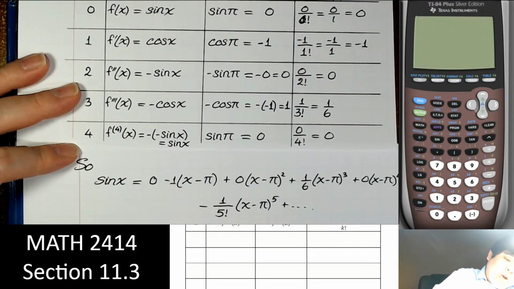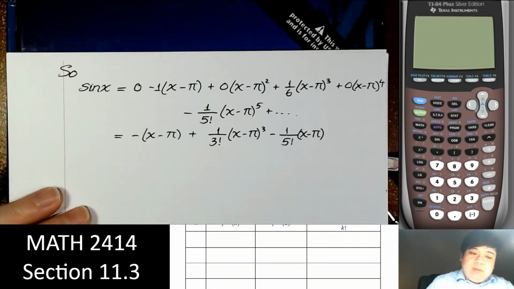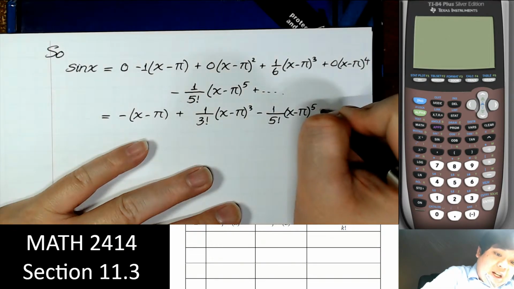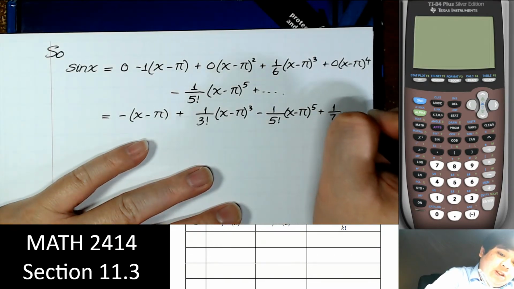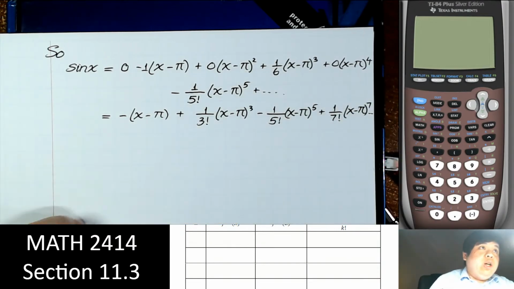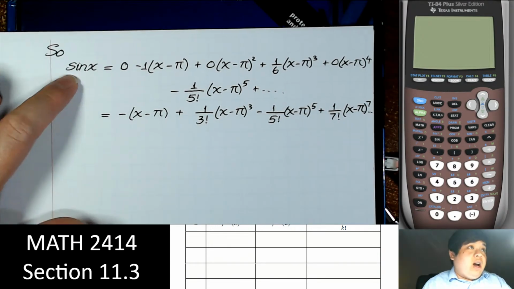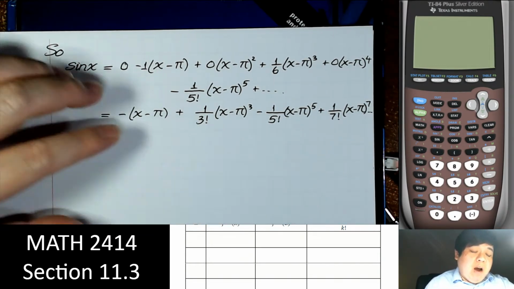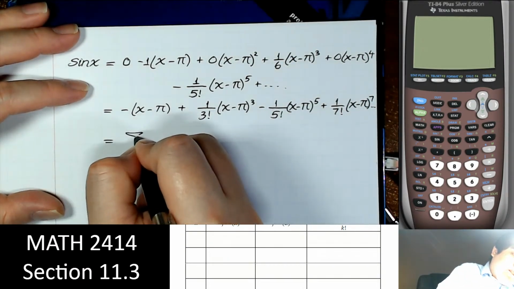Bottom line is we have negative (x minus pi) plus 1 over 3 factorial (x minus pi) cubed, minus 1 over 5 factorial (x minus pi) to the 5th, and the next one, if we have to write, will be positive 1 over 7 factorial (x minus pi) to the 7th, and so on. So pretty much we have all the odd powers, because sine is an odd function, so we should have an odd power. And furthermore, if we put them in the series,